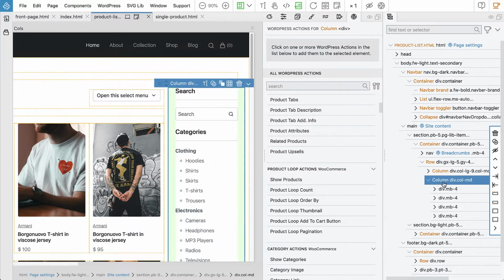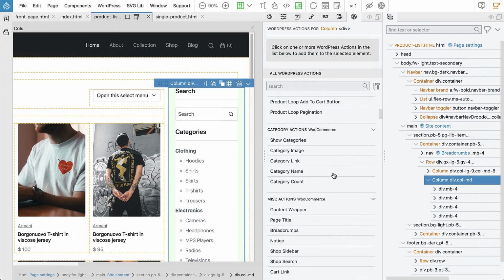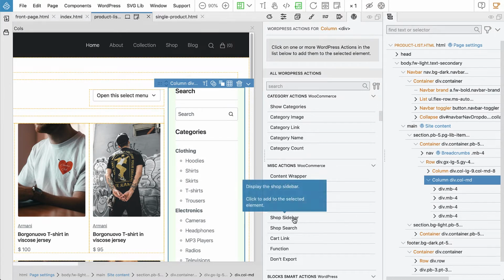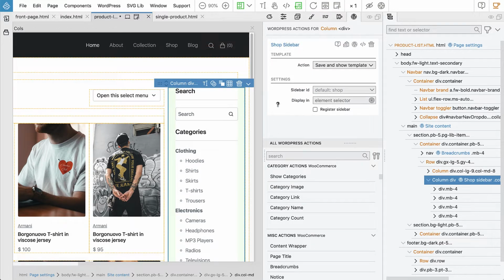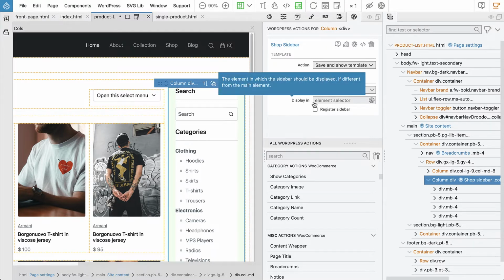So with the column selected, let's find the shop sidebar action and add it to the element. And here we can give an ID to the sidebar. We can have multiple sidebars in our project. So let's just leave it blank, and we will use the default shop sidebar ID, and we will display it